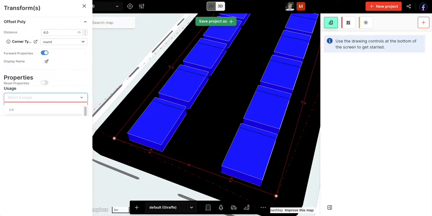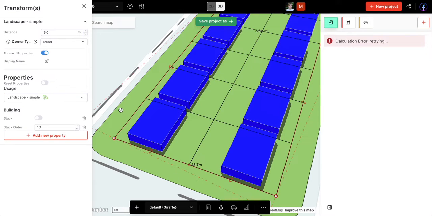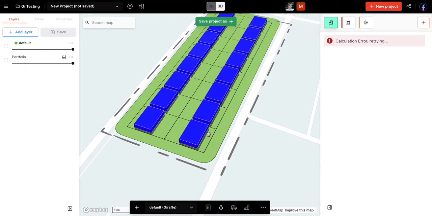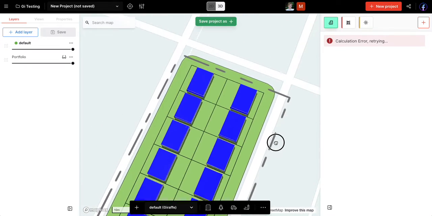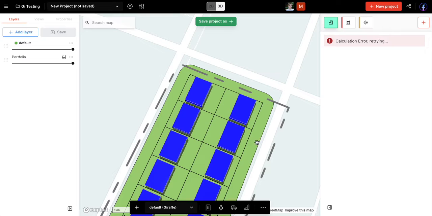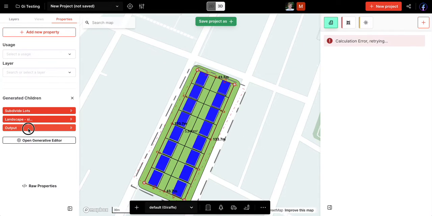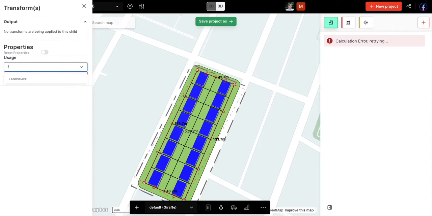So let's assign landscape to the output. There we go. You see my nice rounded verge around my skeleton geometry. And what I'm going to now do is take the output, and I'm going to set that to a feature planting,